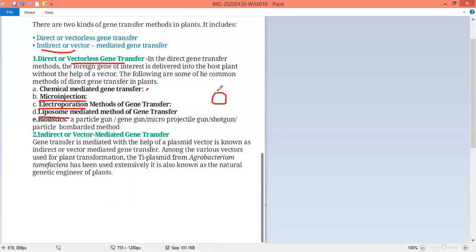with the DNA. So you can just wrap the DNA molecules. This green color, like a DNA molecule, should be wrapped, so it becomes a microparticle. This microparticle is directly shot into the host cell with the help of a microprojectile gun. Suppose it is a cell nucleus, and it will directly fall in the cell nucleus and mix with it. So this is about the particle bombardment method.